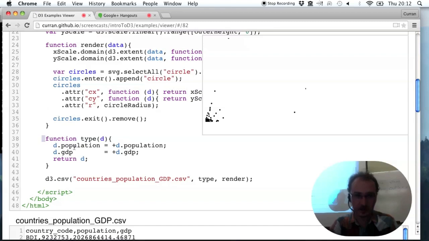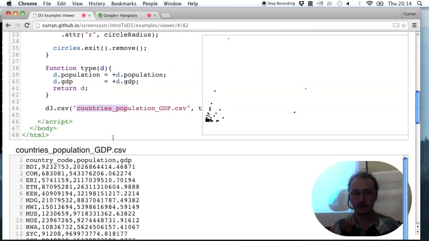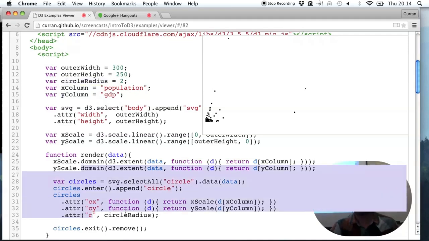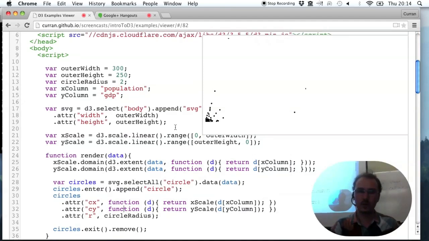And then I just had to modify this type function that parses the GDP and population rather than the iris fields. Change the CSV file name here. And then up at the top, I changed the X column and the Y column to be population and GDP. And circle radius is now fixed. So it's the same code as before. So what we get